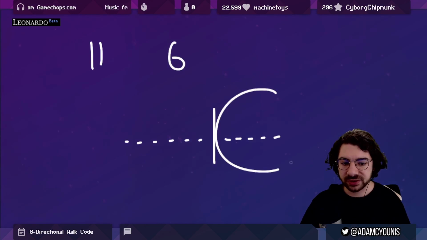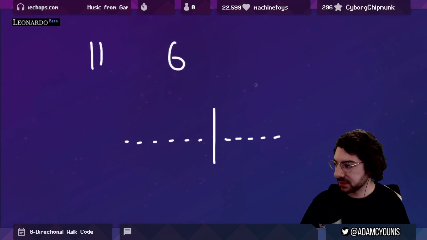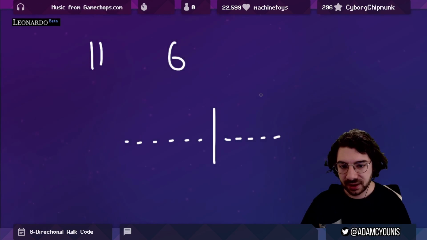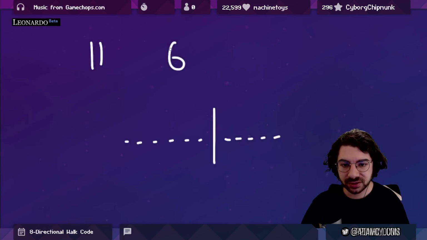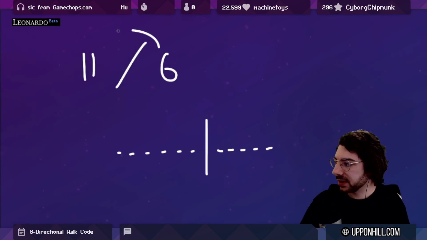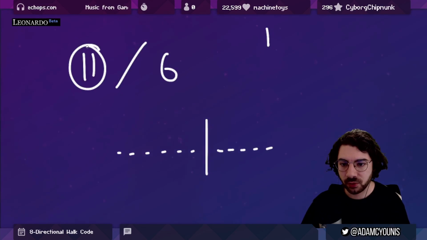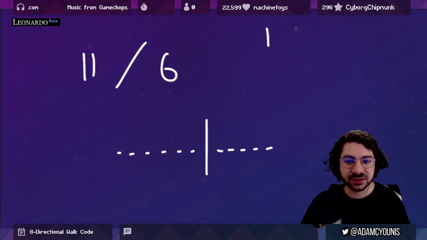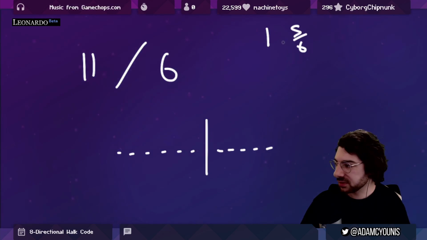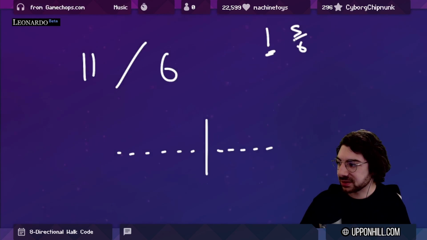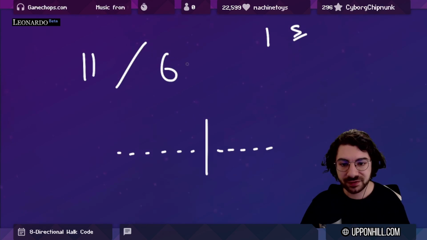The modulo is on this side. So it's the amount of frames remaining after you divide this by this. So 11 over 6 goes once, right? We get 1 and 5 over 6. That's what this is, because we get 6 and then we get 5/6 remaining. If this was 12,